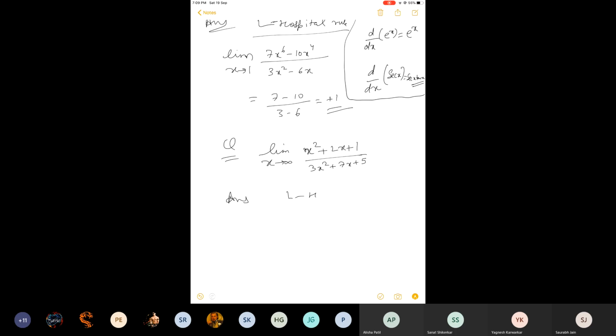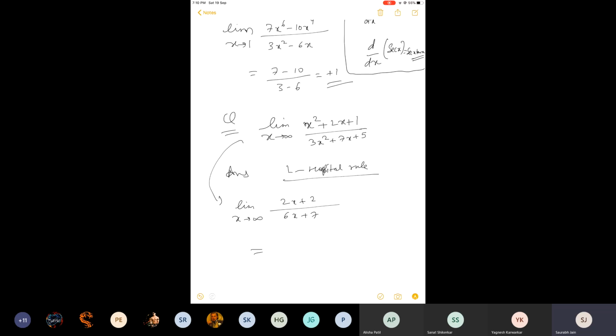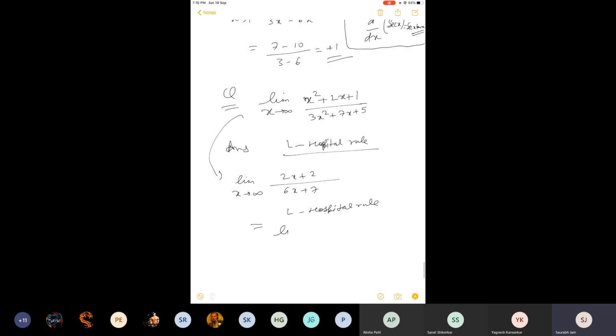Use L'Hospital, and this time you will have to use L'Hospital 2 times. I will give you the reason. Let us solve it for the first time. What you will get in the numerator is 2x plus 2, in the denominator 6x plus 7. Differentiate separately. I'm repeating again and again. But is the question over? No, not yet. Why? Because till now the question remains in infinity by infinity form. So what you will do? Differentiate one more time. So 2 times differentiation is required and you will get the answer 1 by 3. That's it.